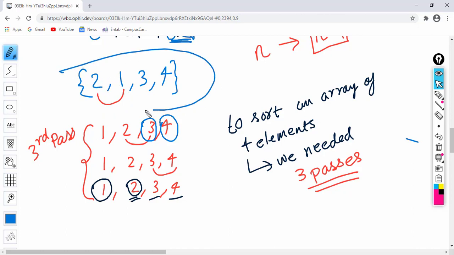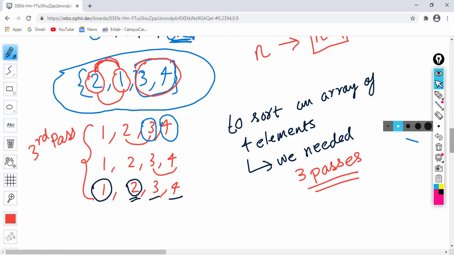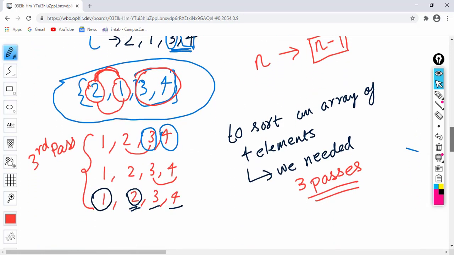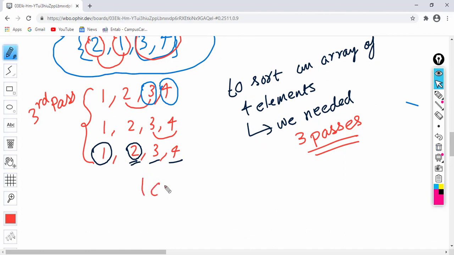So this is the state of the array after the second pass, and the last two elements have already reached their right position, and we need to compare only the 0 index value with the first index value. That means only one comparison, comparing the values at 0 and 1. In the last pass we needed only one comparison.